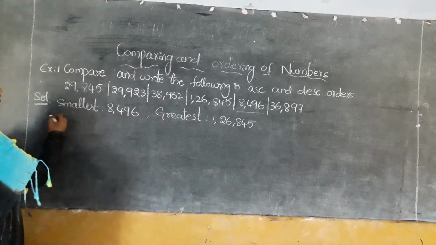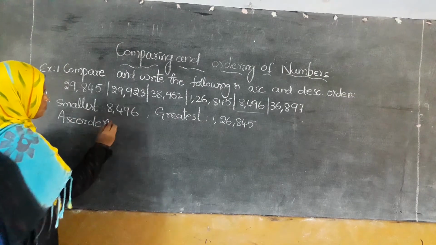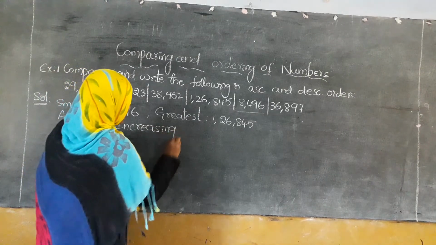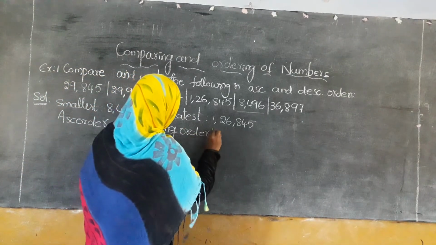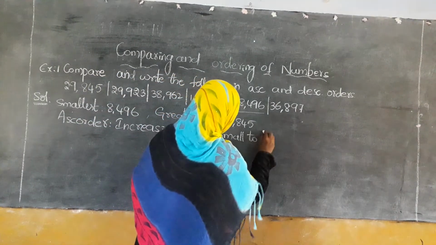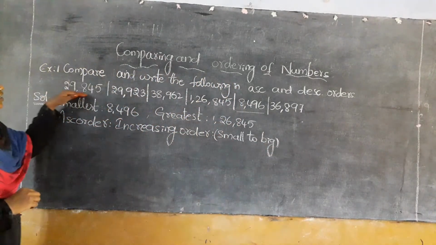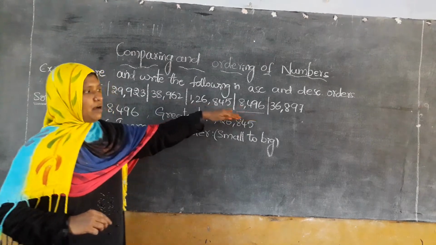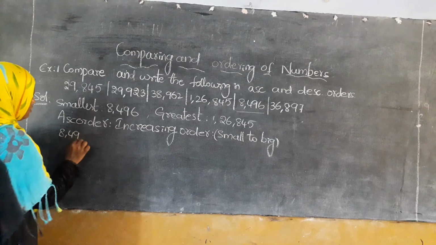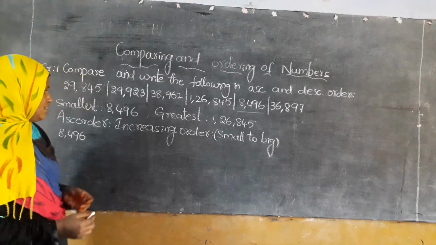Now, we have to write in ascending order. Ascending order means increasing order. Increasing order means we have to arrange the numbers from small to big. So among these numbers, we compare and find which is the smallest number. So you should write 8,496. So after that,